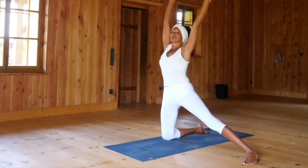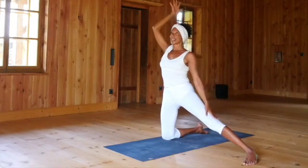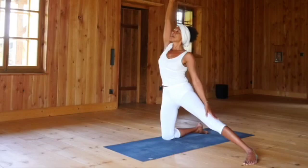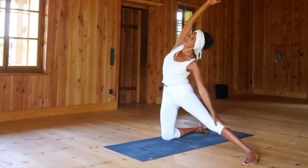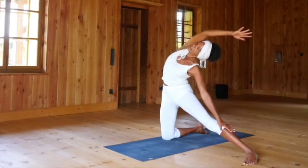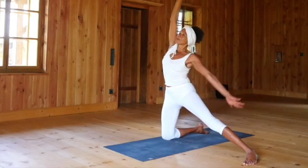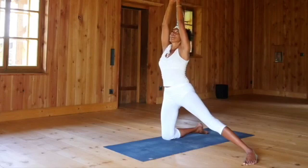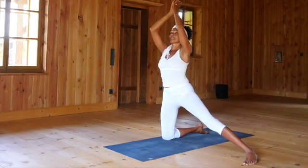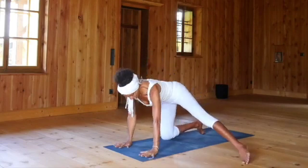And as you exhale, release your right hand down to the leg. Inhale, lengthen through the left arm. And as you exhale, slide your right hand down the leg, coming into a side bend. And again, feeling a beautiful stretch through the left side of the body. And then as you inhale, come all the way up, palms together above the head. Exhale, draw the hands down, midline of the body, all the way to the floor as you switch to the